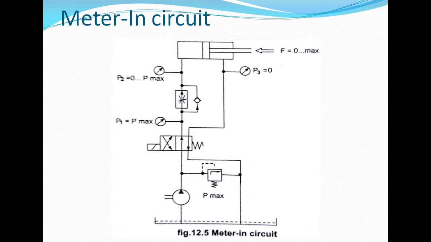Here you can see, and this is the check valve. The check valve will allow the flow of the oil through only one direction, so it will not allow the flow into another direction. And these lines are connected to these 2 ports. Here you can see one port is there, and this is the other port. And these are the 3 indicators which will indicate the pressure.